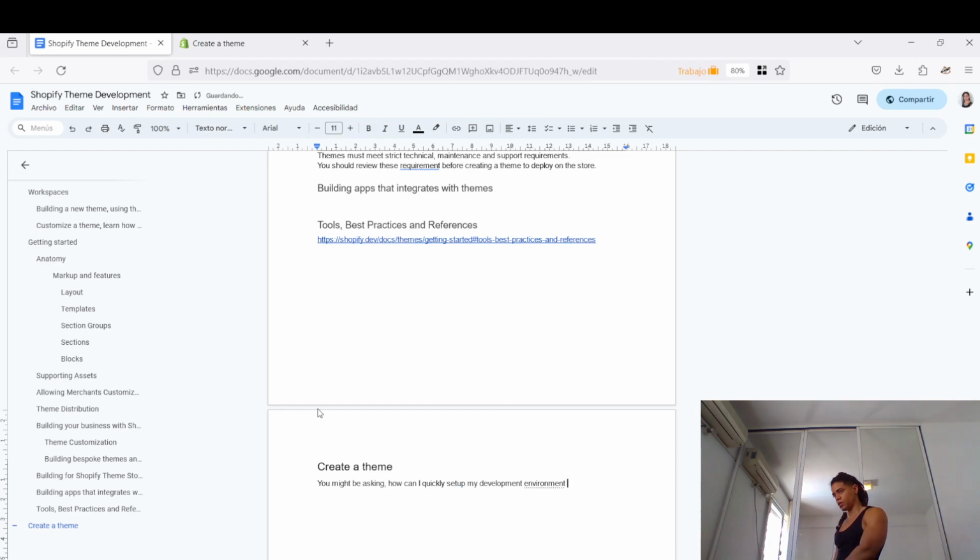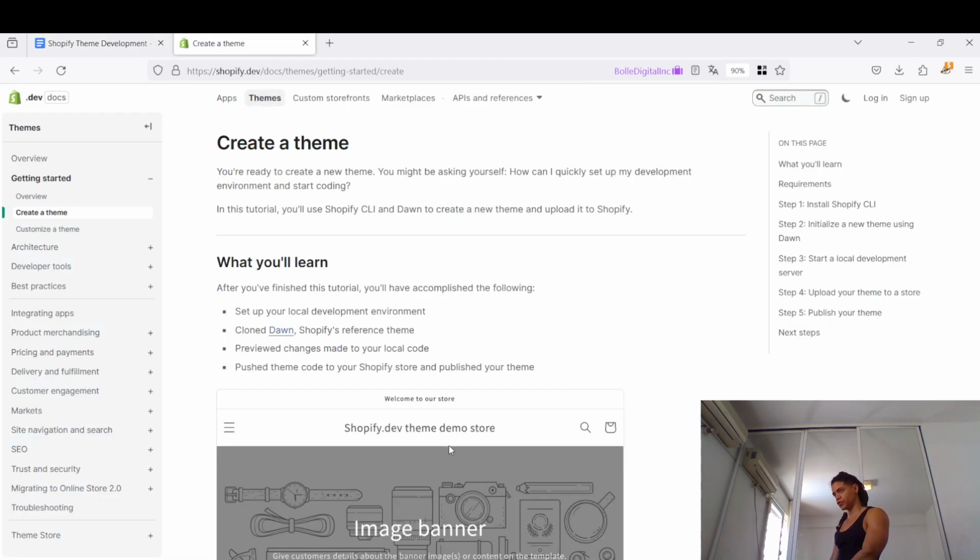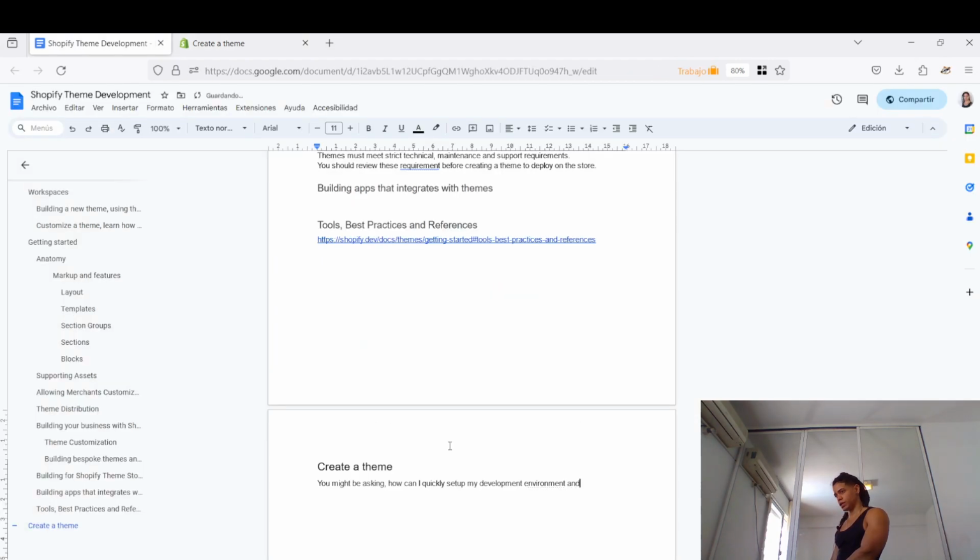Okay, how can I quickly set up my development environment and start coding, based on all the things that I already know? Okay, and start coding. So in this tutorial,